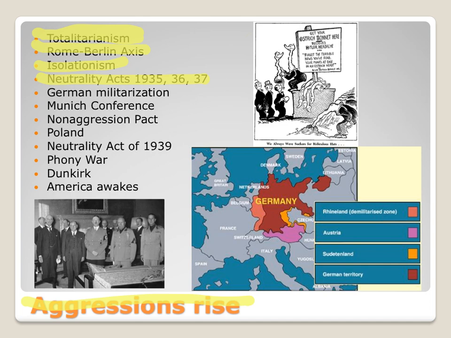So 35 says we cannot sell weapons to a country at war. The 1936 Act says that we cannot loan money to a country at war. Okay? The U.S. cannot loan money to a country at war. Okay? And finally,